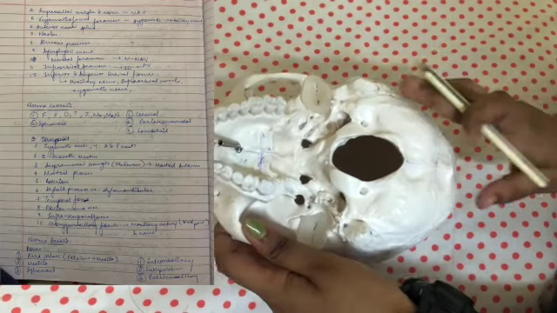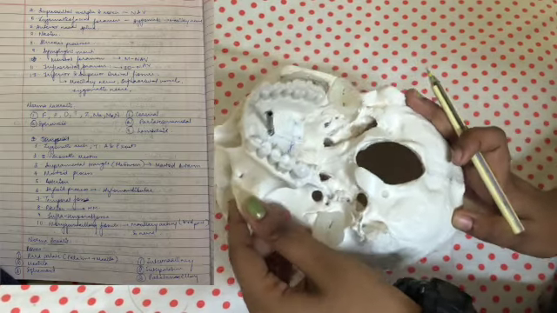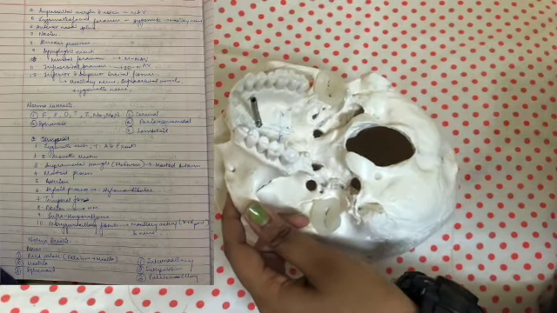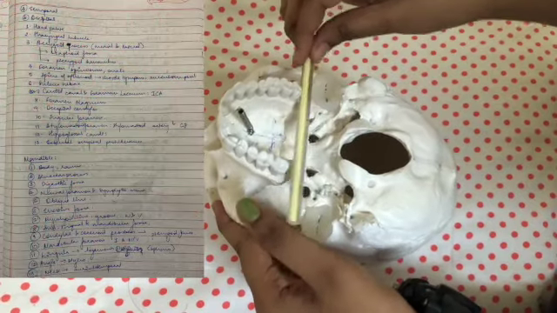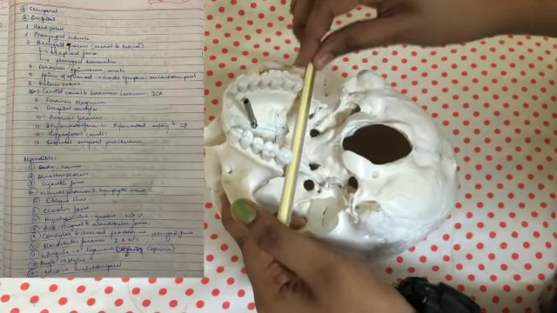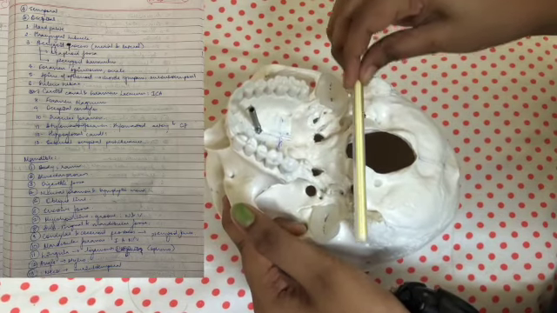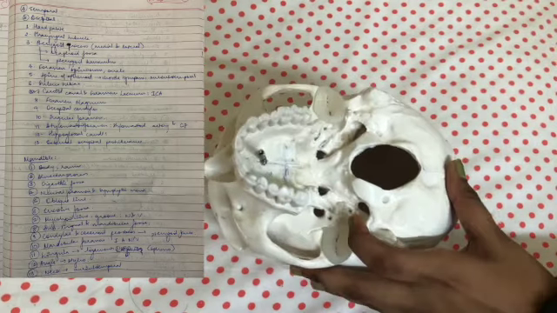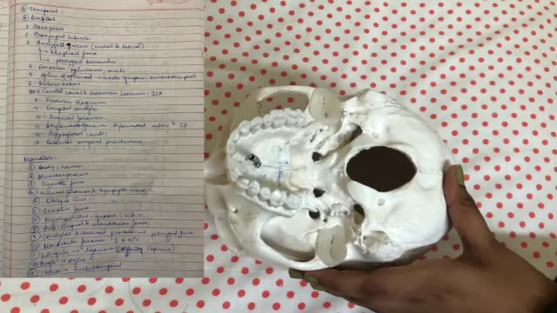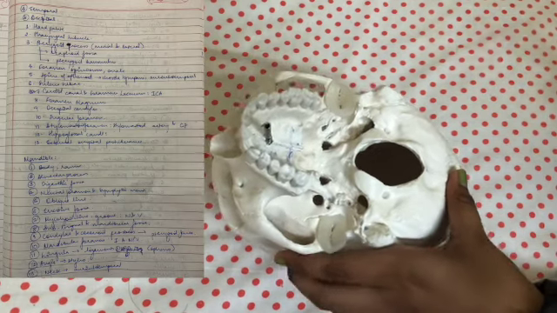Let us talk about how this view is divided. It is divided into three parts by an anterior line which passes along the posterior free margin of the hard palate, that is here, followed by the posterior line which passes along the anterior border of the foramen magnum, as we discussed before. Now let us talk about the anterior part. We already discussed the palate, the alveolar arch. Let's go to the middle part. Now the middle part is a bit complicated.